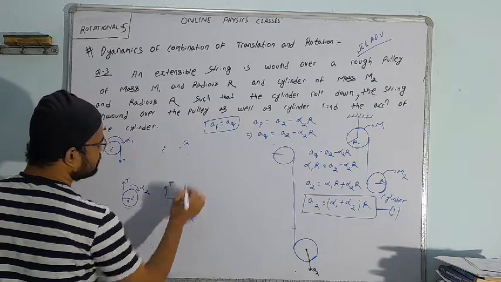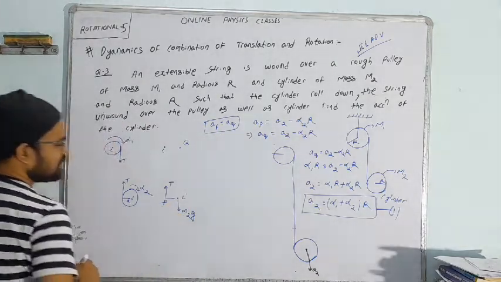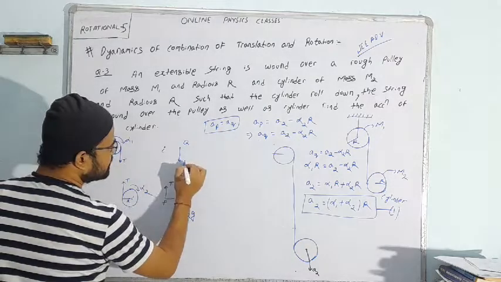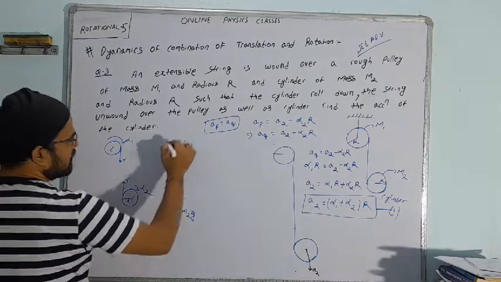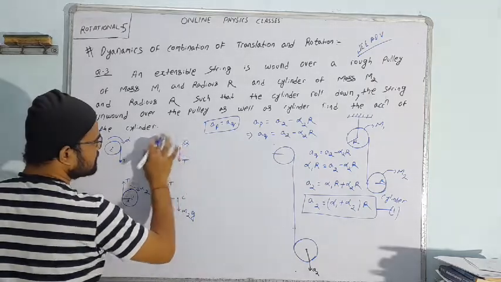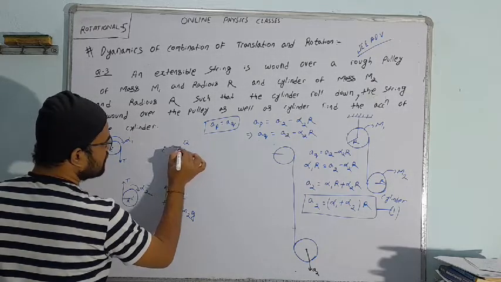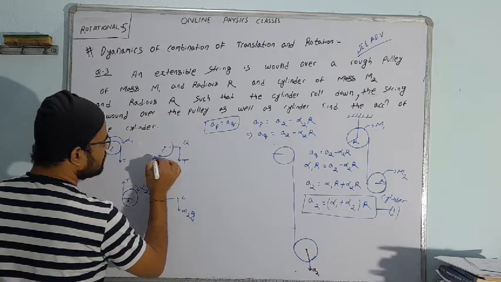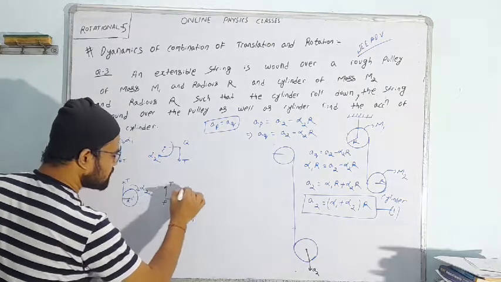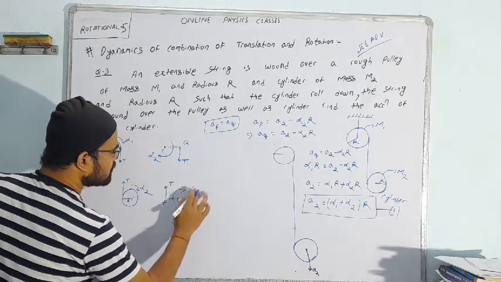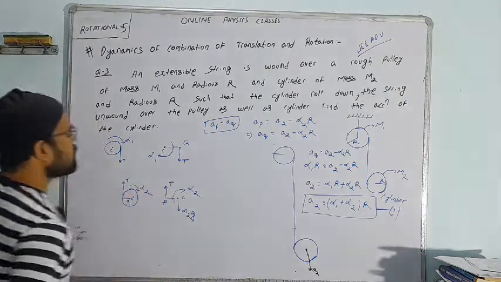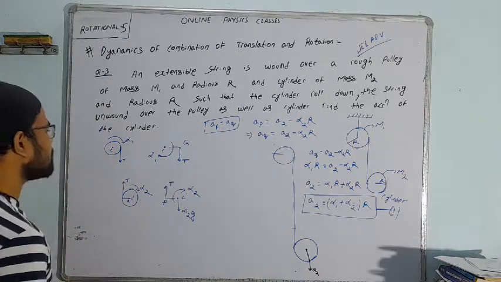Okay, this point is Q, and this point is P. If you compare at point Q, one tension force acts, and an angular acceleration acts on this cylinder, that is alpha. For this tension, we can say another angular acceleration, alpha 2, will become. So for cylinder 2 this is alpha 2, and this is alpha 1. Okay, so how can you solve?